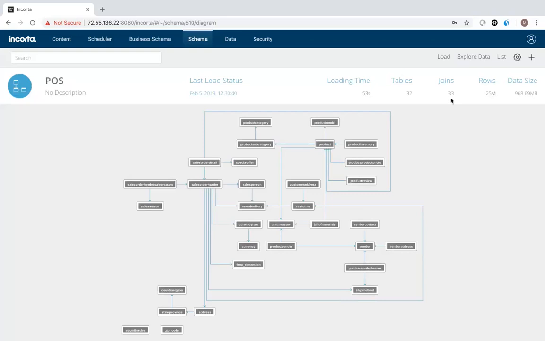So what I have done here, and this is actually done, I have just ingested and mapped just shy of 25 million records and compressed it down to less than a gig of space. And we can do analysis on this right now. I can start doing analysis on this instantly.